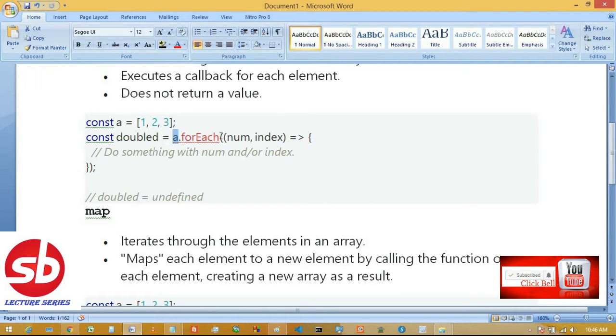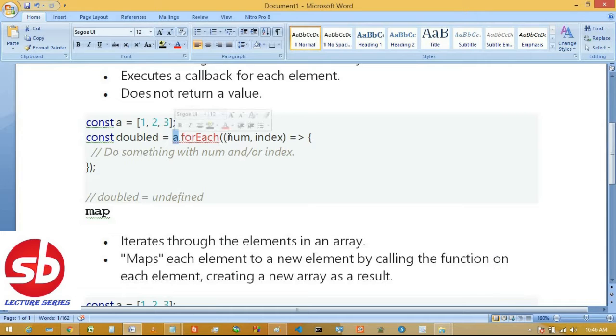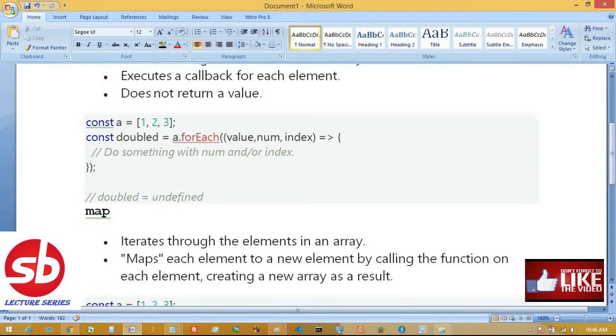This is the syntax, and within the callback function there are 3 elements: value, index, which is the index number of the array, and next is the array itself. These are the 3 elements in a callback function for forEach.